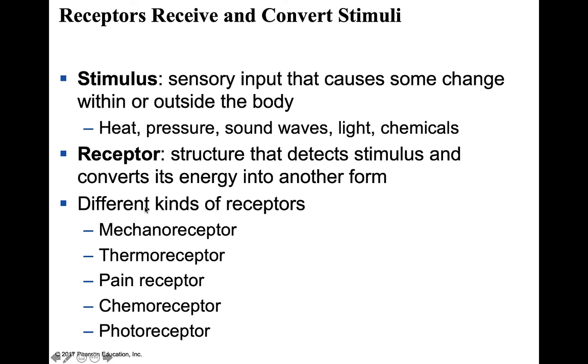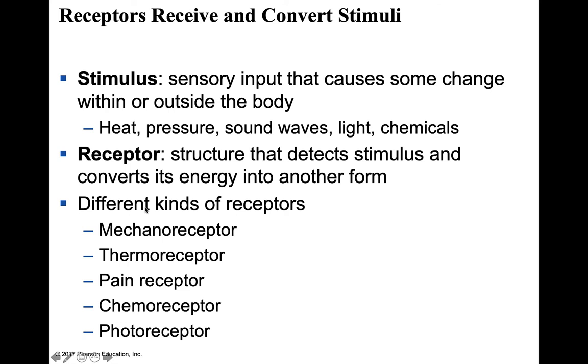So the first thing we have to look at is overall how this works. So a stimulus, and remember, this is a graded potential. And graded potentials basically diminish in size as they get further from the site of stimulus. So that's one way that the body filters out input that we might not need to respond to. A very strong stimulus will result in a very big graded potential, and there's a greater likelihood that that is going to trigger an excitatory postsynaptic potential in the next neuron that it interfaces with on its way to the